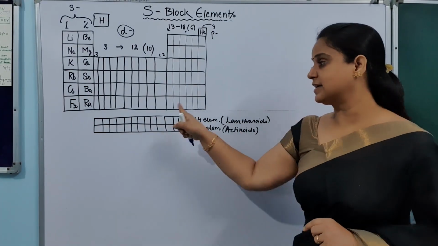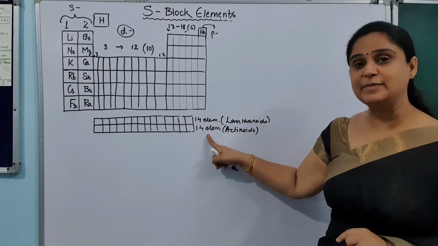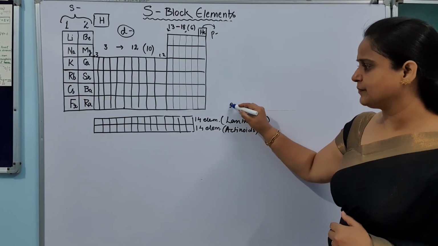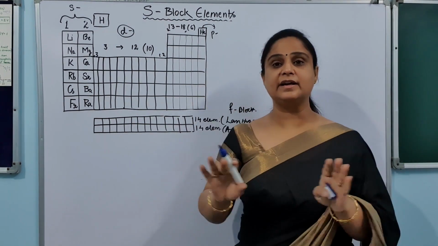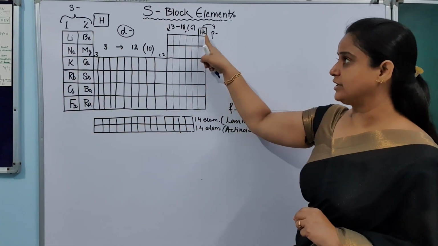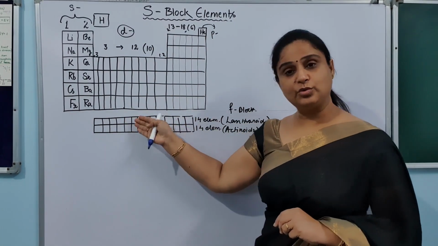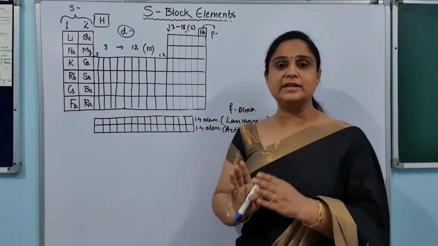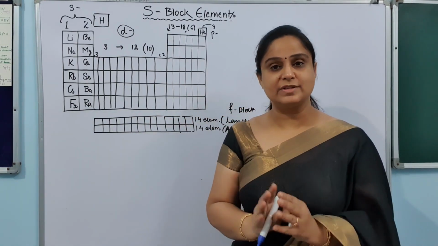and the elements kept at the downside in two separate rows of 14 elements are also known as lanthanoids and actinoids. So this is the basic structure of periodic table. This is called F block. So we have divided our periodic table into 4 blocks: S 1 and 2, P 13 to 18 group, D third group to 12th group, and F two separate rows outside the table. So S, P, D and F block elements are there. But today we will be discussing S block element, so we'll concentrate on that only.